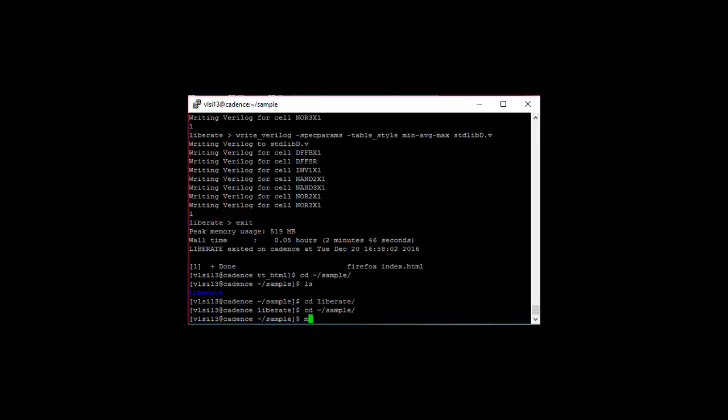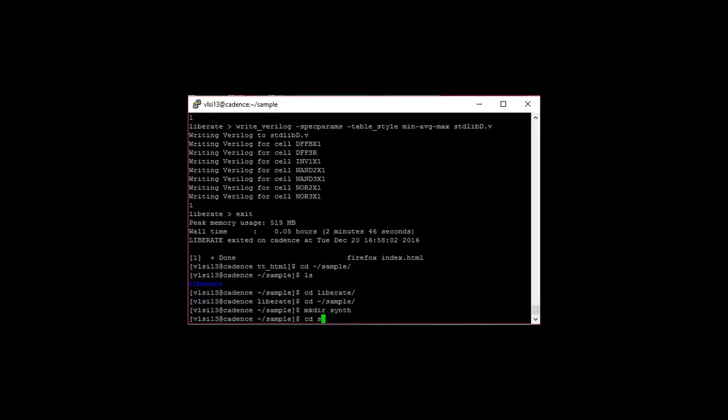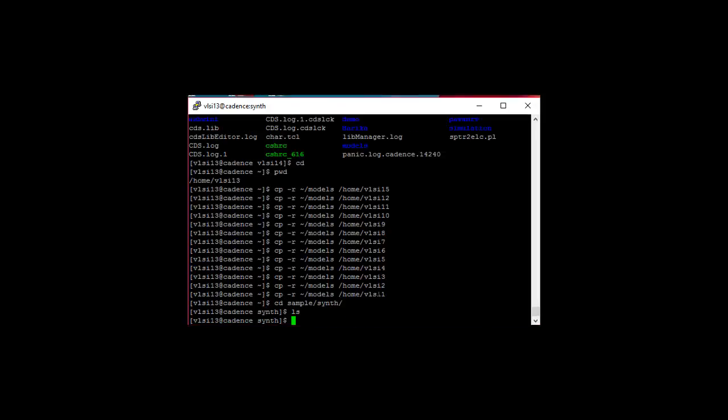Under sample, create a directory with a name where you can keep all your HDL files over there. So I'm just going to create a directory synthesis, and now navigate to this directory. Since I've already created the Verilog files for a full adder, I'm just going to copy those files into this particular folder. And now that I have copied all the files, which you can see, it has 2 design files. The topmost module is the fulladder.v, and the testbench, which has a name of